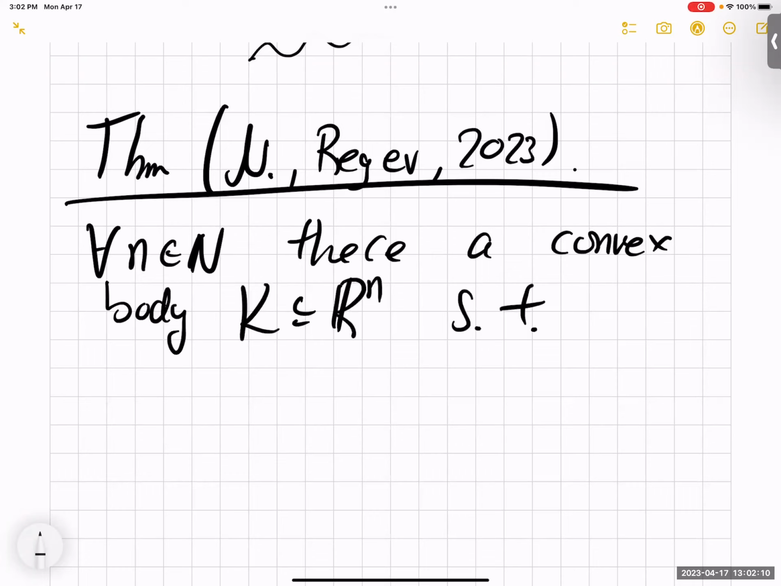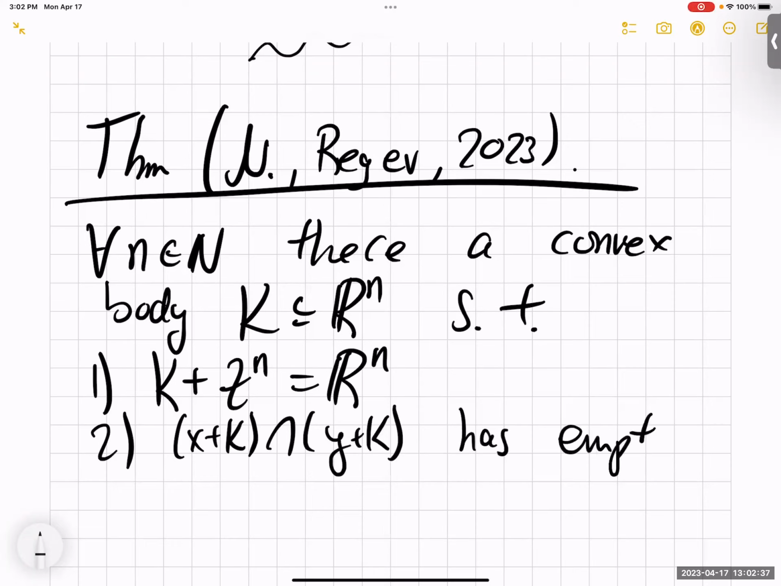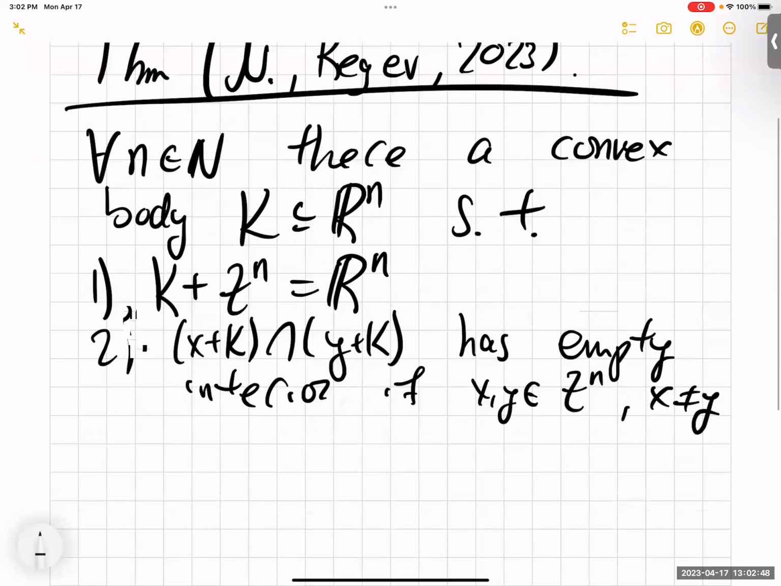K tiles R^n, so K plus Z^n is all of R^n. If you shift K by elements of Z^n, you get all of R^n. It's a tiling, so x plus K intersected with y plus K has empty interior. You can only touch in the boundary, if x and y are these integer shifts and they're different, of course, and